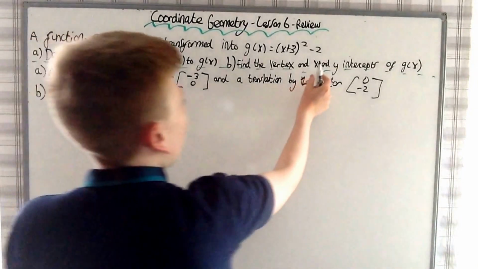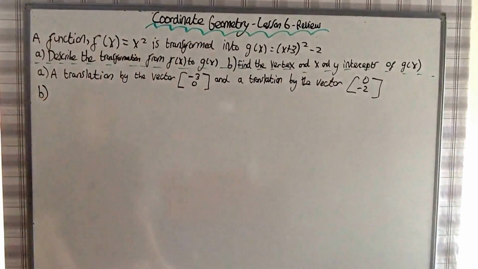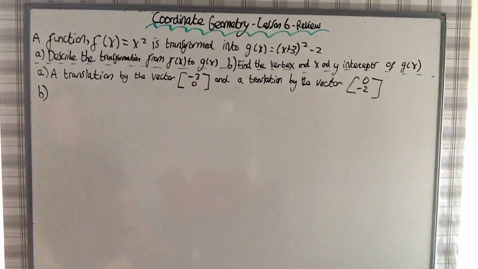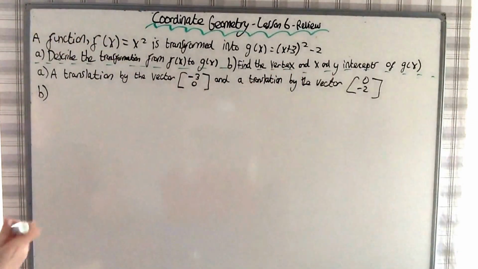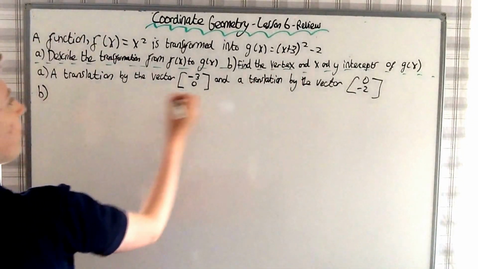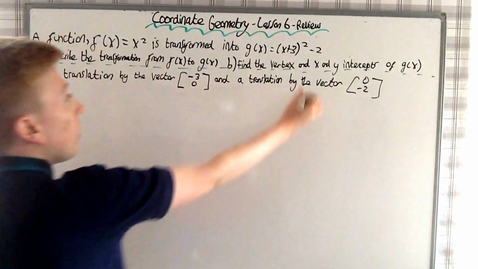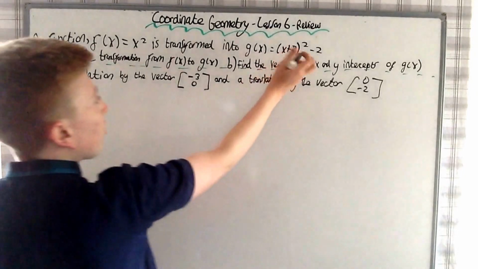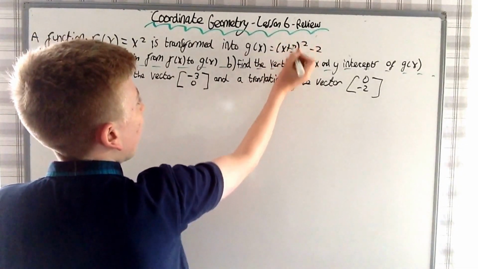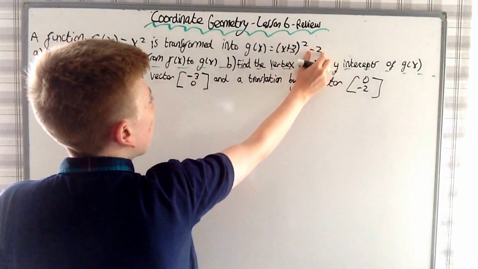Find the vertex and the x and y intercepts of g of x. So, the vertex, we have done a lesson on the vertex before in one of my previous videos. The way you find the vertex is you complete the square. Well, this actually is already in the form of a completed the square question. So we just look at the negative of what we have inside the brackets and whatever we have outside as